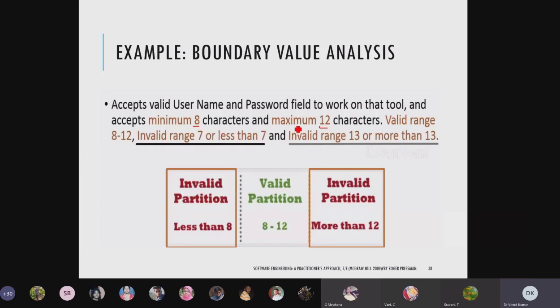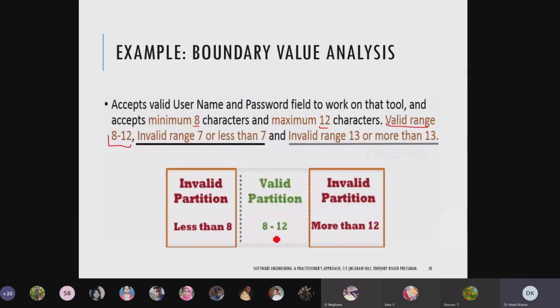The valid range is 8 to 12, because minimum is 8 and maximum is 12. The invalid range is 7 or less, and 13 or more. So in this way you will check.